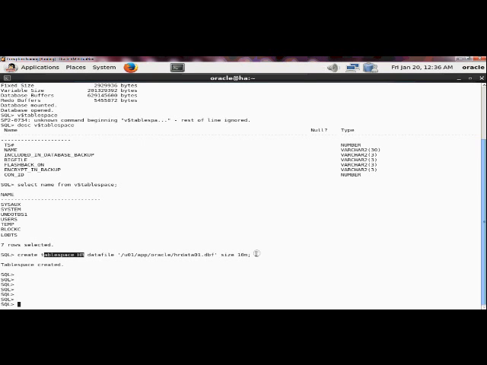Suppose if you want to increase the size of your datafile, you can increase it. If you want to add one more datafile, you can do it. We will see it in the next slides.